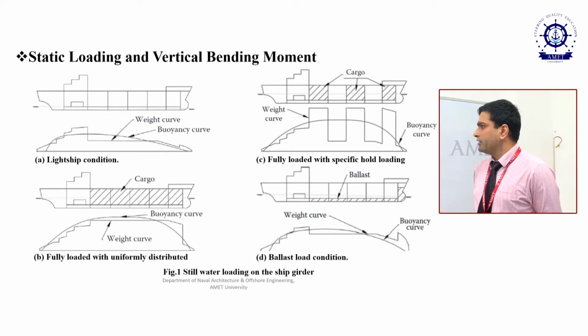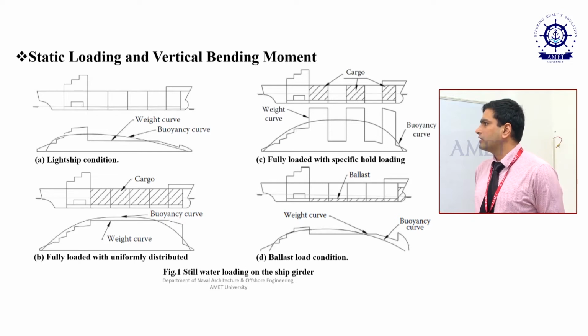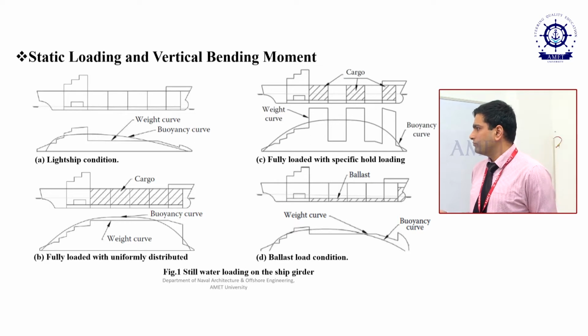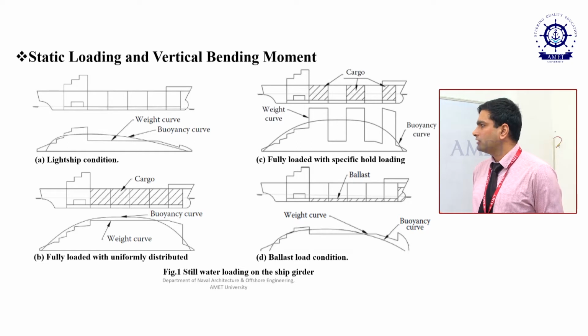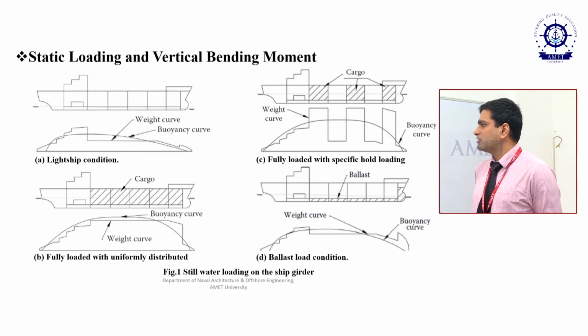In the C diagram, you can see that the cargo loads are alternately filled, where the sudden increase in the weight is visible in the weight curve here. It goes like a sudden increase for the first cargo compartment and then suddenly drops because there is no load in the next compartment. In the foremost compartment also, you can find that there is a sudden increase, because it is a specific loading criteria for the cargo.